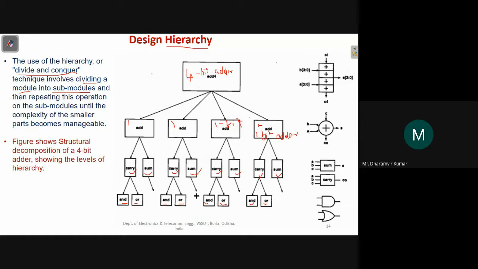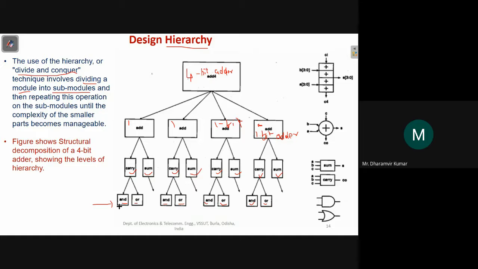Now this will continue until the divided circuit becomes small enough so that it can be managed properly. Working at the level of these AND gates is a bit easy. This can be designed properly by human beings, quickly. So the design will start here.